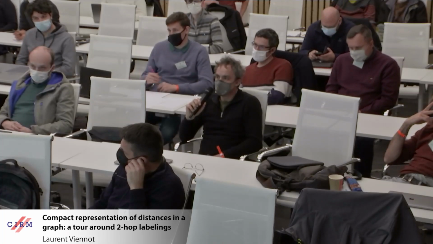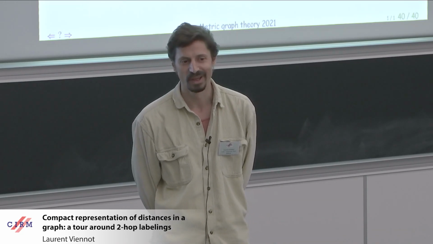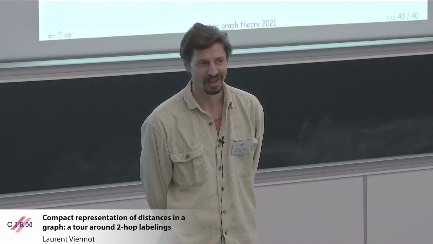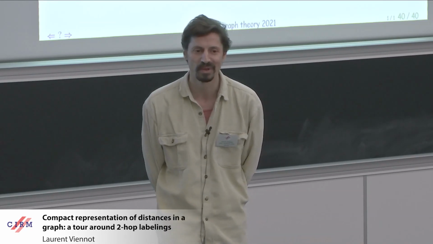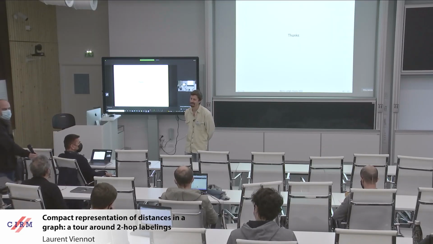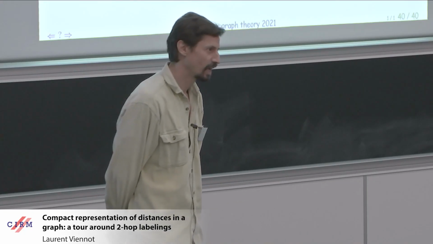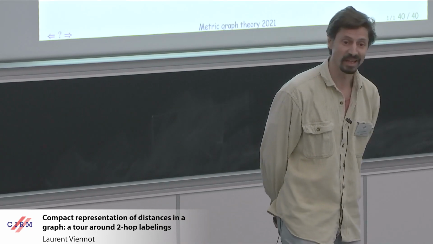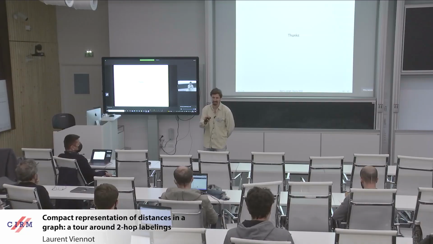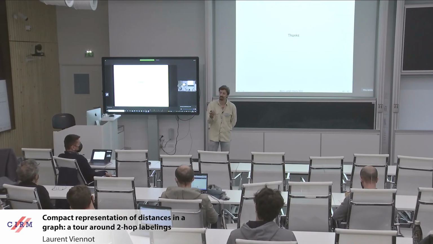I don't know the construction of Courcelle, but I suspect it's probably a two-hop labeling. And if not, you can probably deduce one from it. There are not so many ways to build distance labelings, in fact. You basically have two-hop labeling and trees. If you want to do distance labeling in a tree, we know what the best thing to do is, and you need log square n bits. And you can have constant time access.